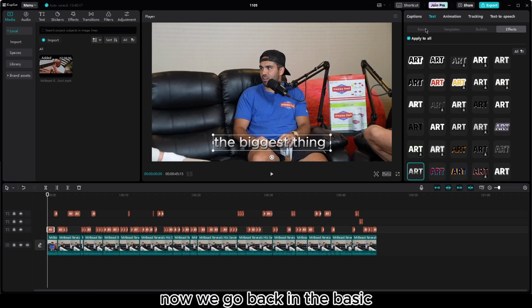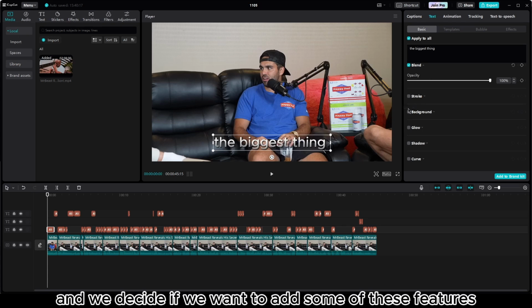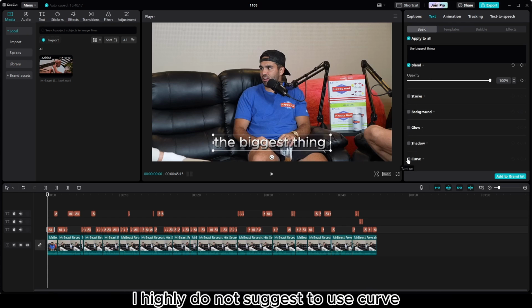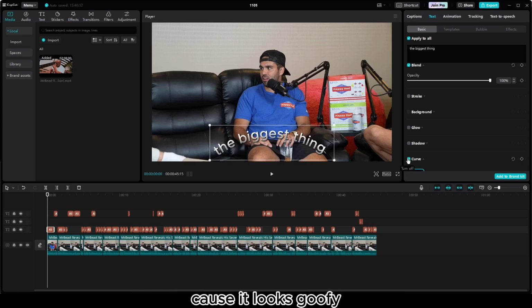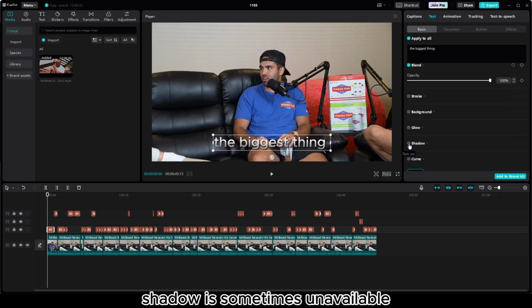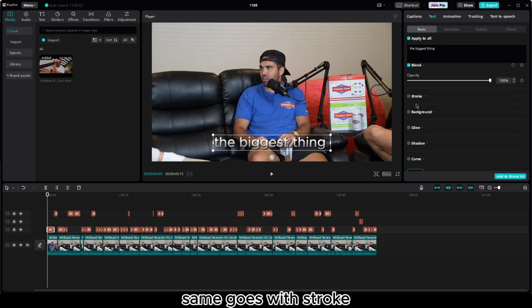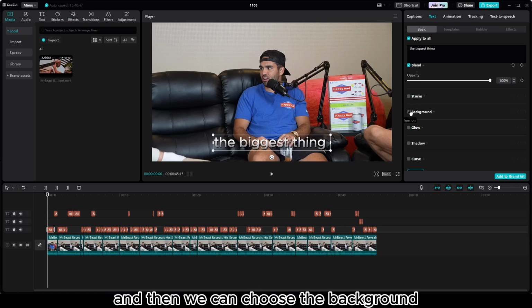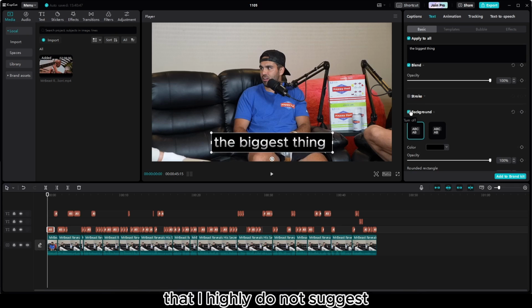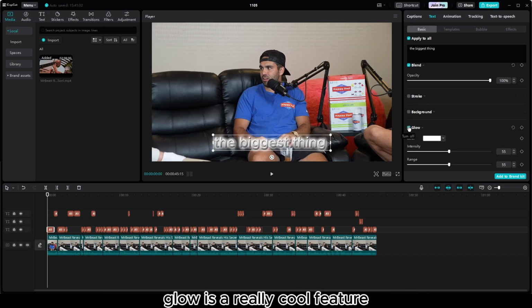Now we go back in the basic and we decide if we want to add some of these features. I highly do not suggest to use curve because it looks goofy. Shadow is sometimes unavailable depending on which kind of font you chose. Same goes with stroke. And then we can choose the background that I highly do not suggest. Glow is a really cool feature, and if it fits well with your text color,